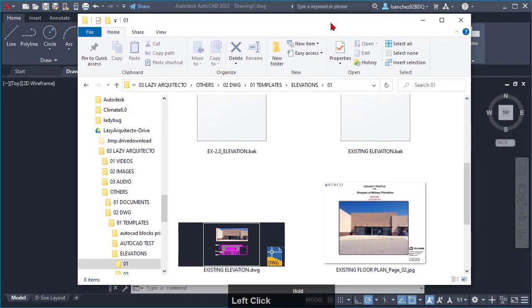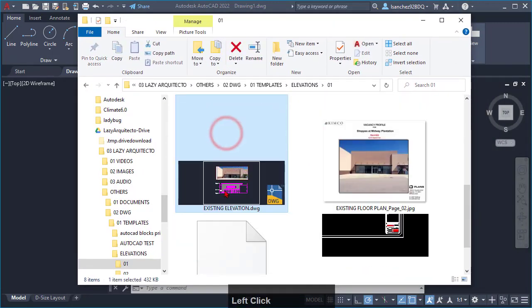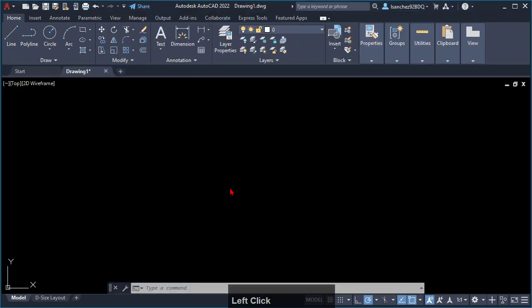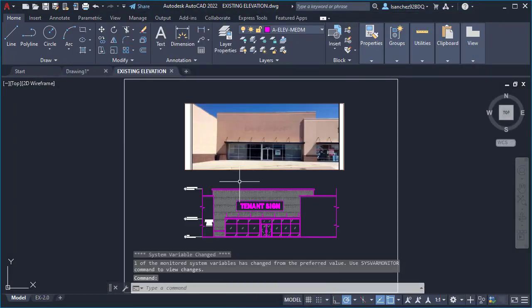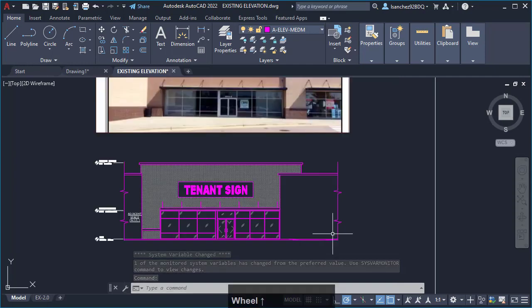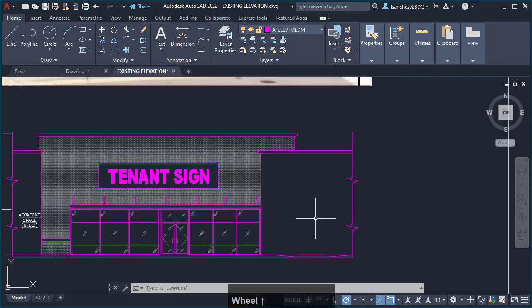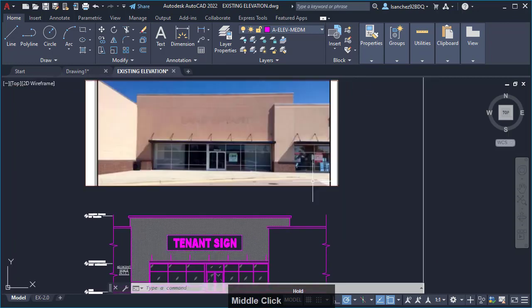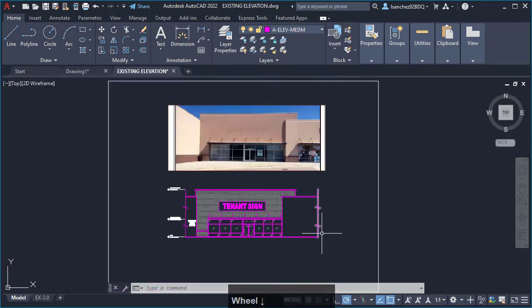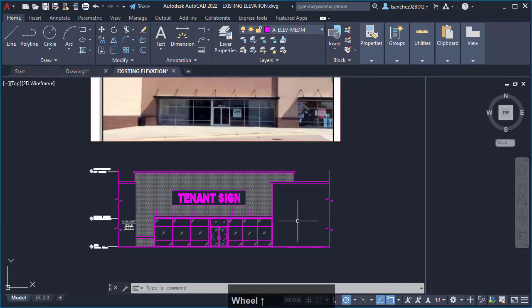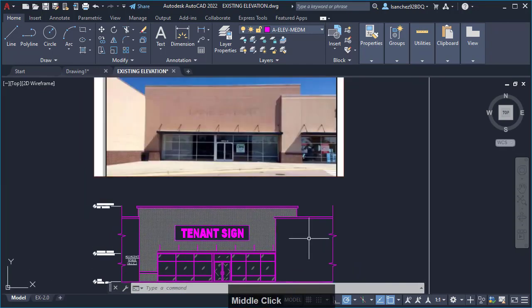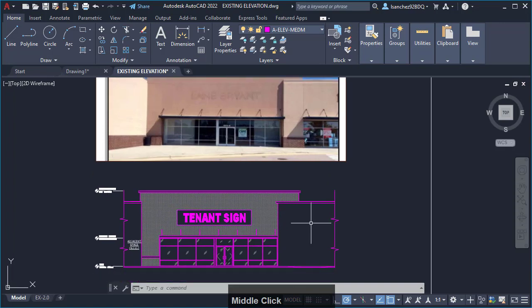So let me open this existing elevation that I have over here. I'm gonna double click to open it, and basically this is an existing elevation that needs to be finished based on this image. So let's start drawing, and this will help us introduce another concept, which is the idea of using